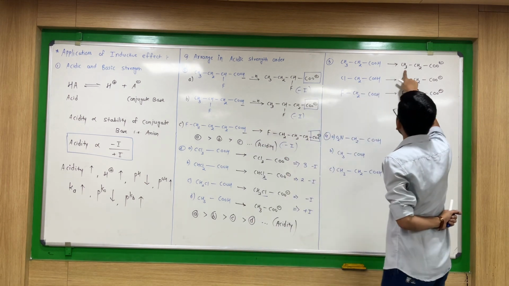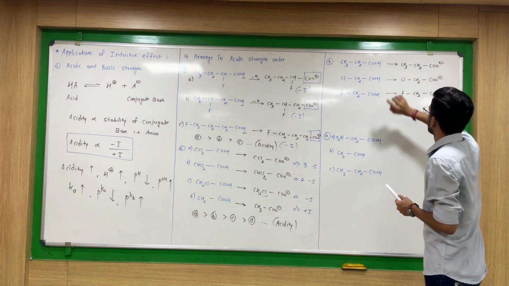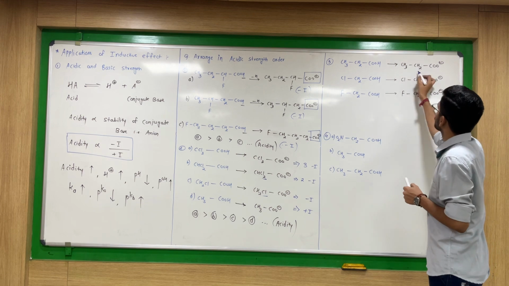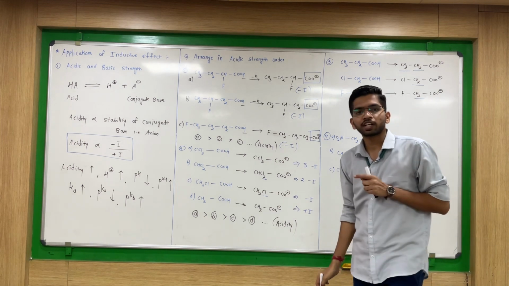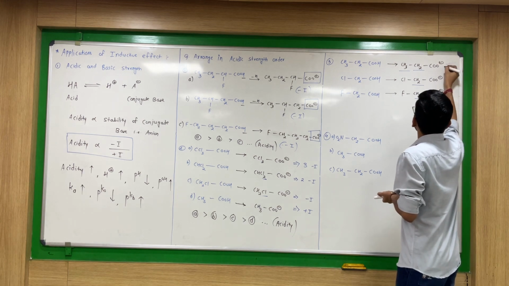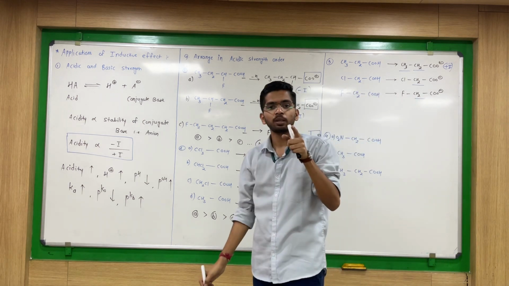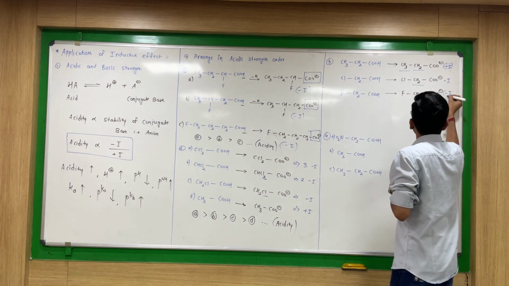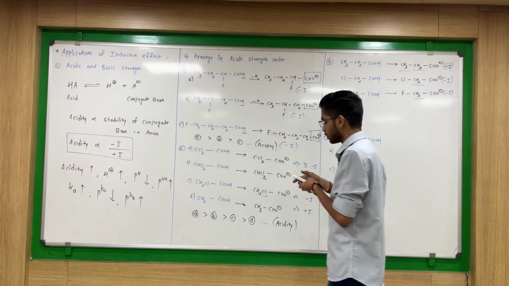Now first thing, CH3CH2COO minus. Now distance we will see first. CH3CH2, ClCH2, FCH2. Distance is everywhere same. Now here CH3CH2 till this point is same, right? Here we have CH3. CH3 comes under which category? Plus inductive effect. So here I can write, this is showing plus inductive effect. First one, plus inductive effect. Second one, Cl, and fluorine. Halogen comes in the minus inductive effect category. So here minus inductive effect. Here also minus inductive effect.